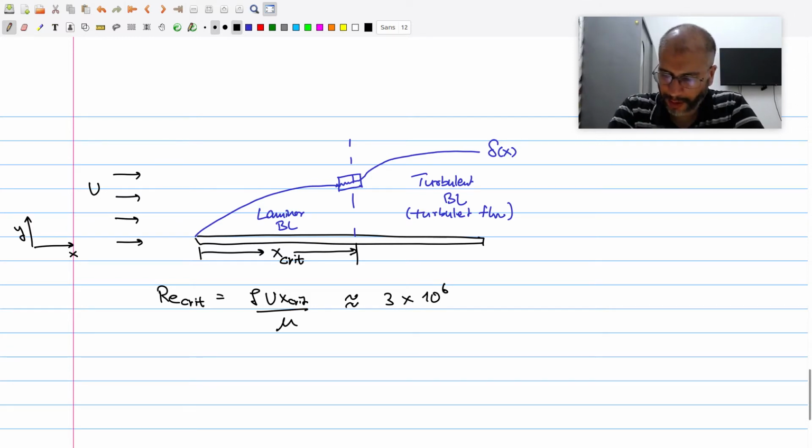So as the Reynolds number crosses this point, it starts transitioning towards turbulent. Now this transition may happen before and after this as well, depending on how smooth the flow inlet conditions are. Sometimes if you have a lot of roughness on the plate surface, then you may see that the flow may transition to turbulence even before this critical Reynolds number. So this is just an average value based on lots and lots of experiments that have been conducted on plates, but this is for a typical smooth plate.